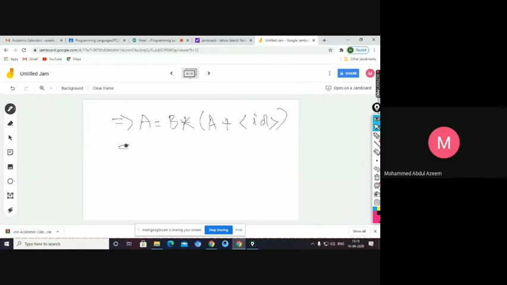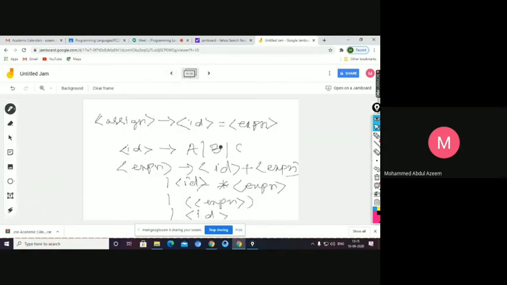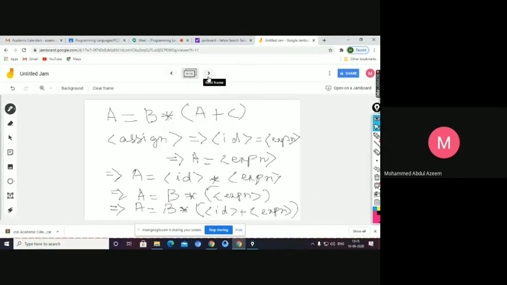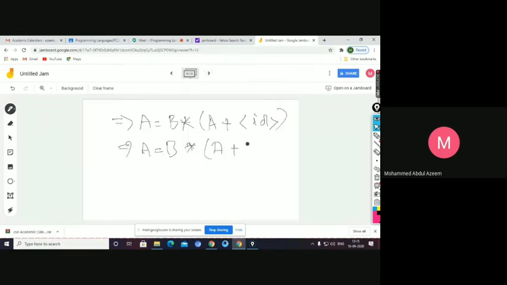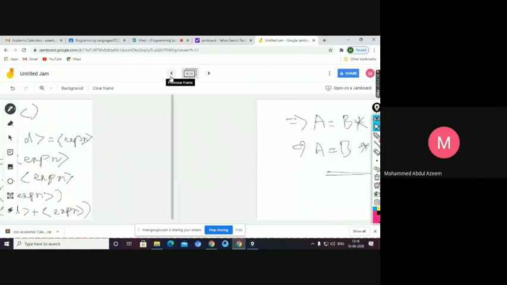Got it? Now in the next step, when I'm deriving the same, I say A equal to B into A plus, in place of ID, I have another definition. What is the definition for ID here? ID is A or B or C. So in order to get my statement to be derived based on this grammar, I should take in place of this ID as C, right? Yes or no? So you can see here, I have been able to derive A equal to B into within parenthesis A plus C